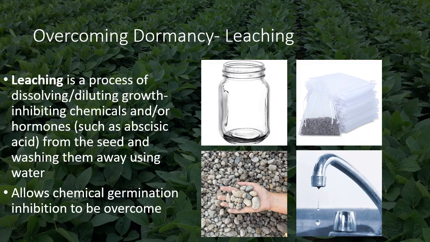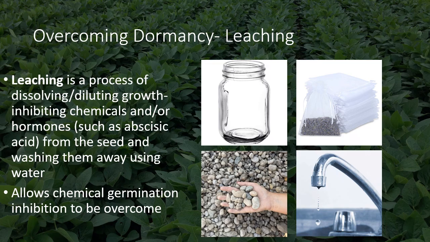One of my favorite ways to leach seeds is to get a mason jar and some little sachet bags. The sachet bags are made of a kind of loose open mesh, and you can just fill those with the seeds that you would like to leach. You can then place your bags inside of a mason jar. If the seeds are really lightweight and want to float in their bags, you can just get a piece of gravel and put one little piece of gravel inside of each bag to make sure that it sinks to the bottom of the jar. And then what you're going to do is place your jar under a